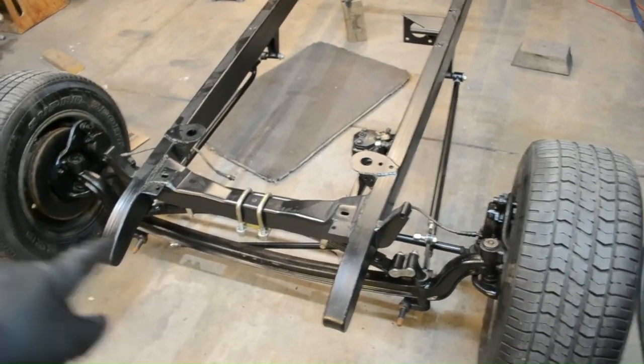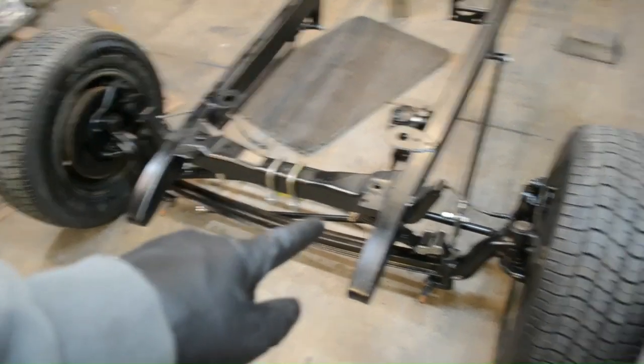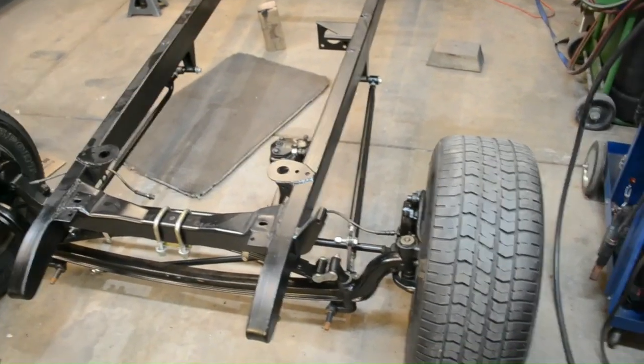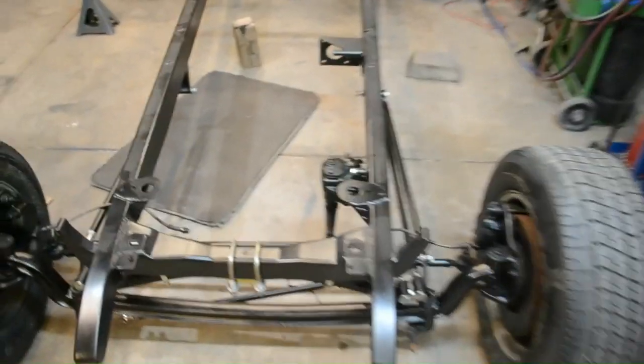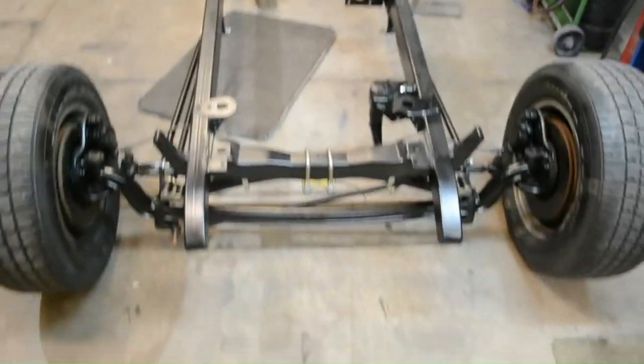But before I can call this done, I've got to tighten up all my mounts, get my center pin to pop all the way through, tighten up my hairpins, bat wings, everything. But it's on, it's all centered, and check it out, it rolls. Okay, the last thing I'm going to button up here, and I told you guys I'd talk about this a little bit,